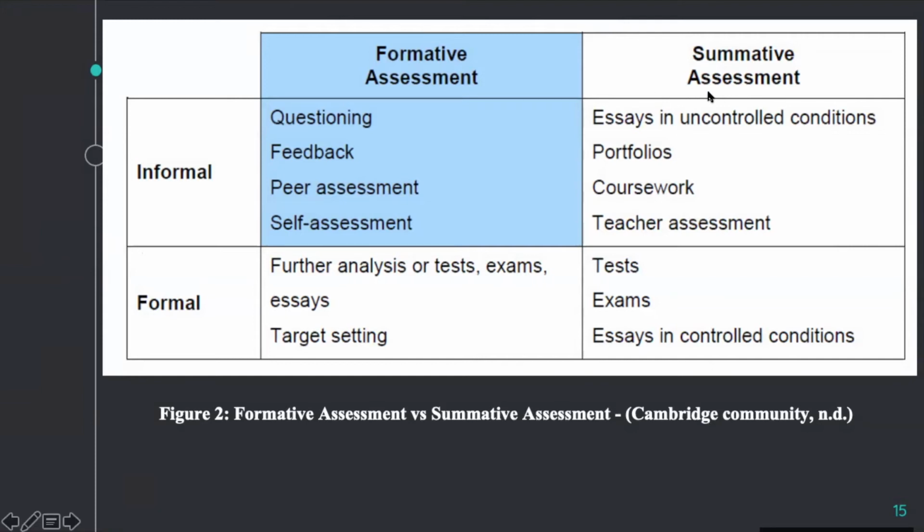Then again, sorry, in summative assessment, portfolios are most commonly informal because they are up to the student to do however they like, right? However, at the same time, portfolios could be formal, dependent on whether there is a structure, on whether there are objectives to be respected, on whether there are a lot of things that take place when discussing portfolios.